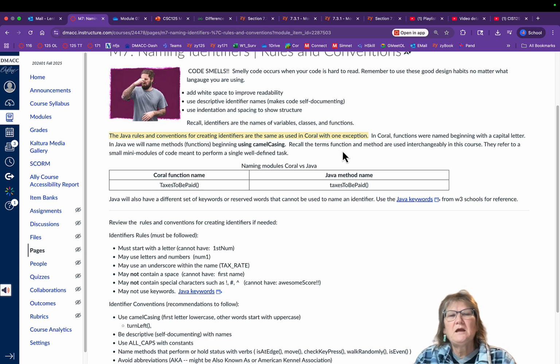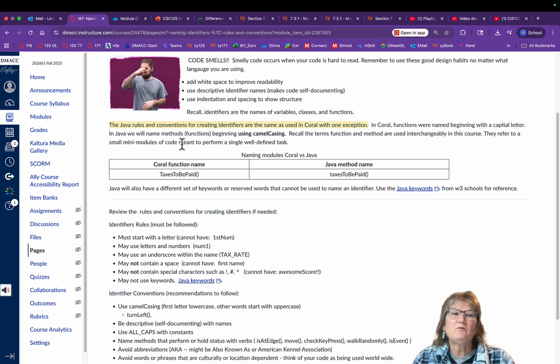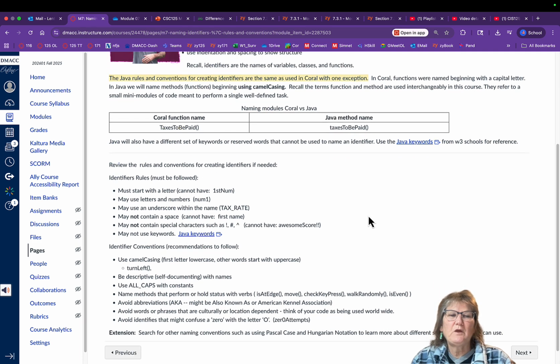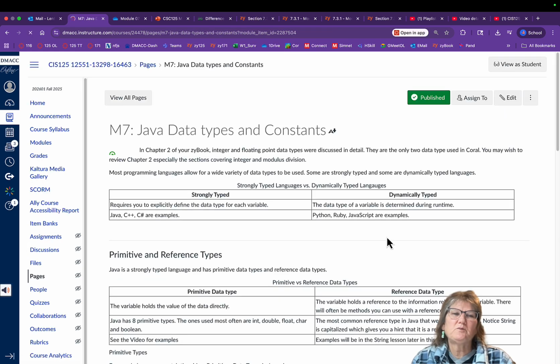code. And so Java rules and conventions for creating identifiers are the same as used in Coral, with one exception. In Coral, functions were named with a capital letter. In Java, they are going to be named using camel casing. So you're going to see us using Java functions or Java methods named using camel casing. And then these are the rules for identifiers that we've already talked about in this course, but they're there for